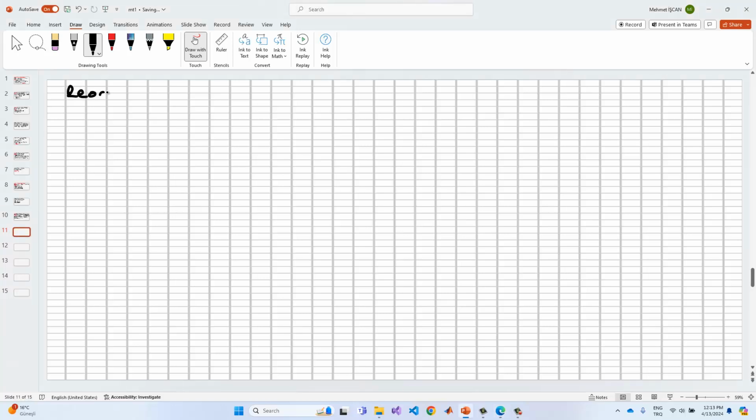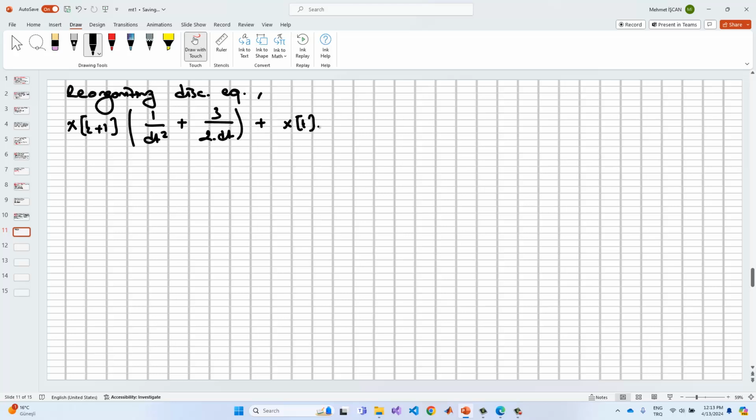Reorganizing the discrete equation yields us to what? We must firstly collect all the terms related to xk plus 1, which equals 1 divided by dt square plus 3/2 dt, plus xk times minus 2 dt square plus 2, and plus xk minus 1 times 1